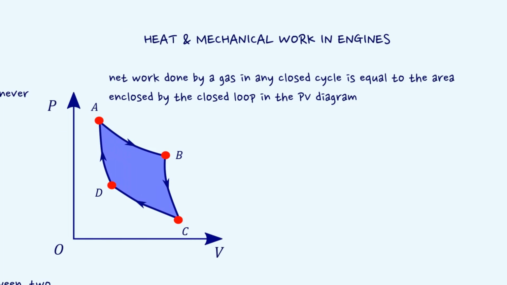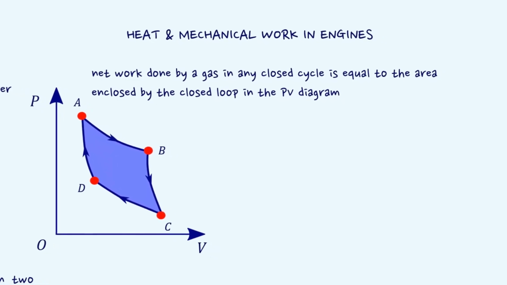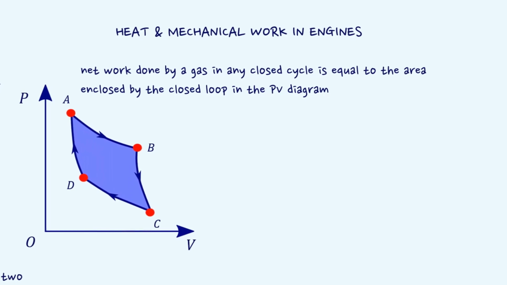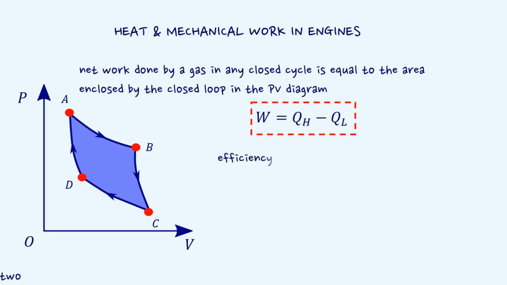Thus, the net work done by a gas in any closed cycle is equal to the area enclosed by the closed loop in the PV diagram. Therefore, net work done by an engine is W equal to QH minus QL. The efficiency of any heat engine can be defined as the ratio of the work it does to the heat input at the higher temperature, that is eta equal to W by QH, which leads us to 1 minus QL by